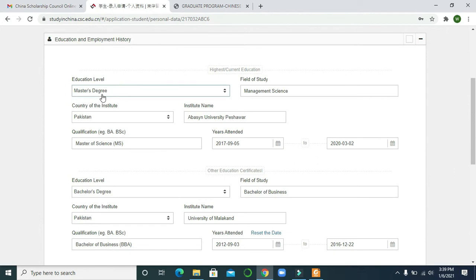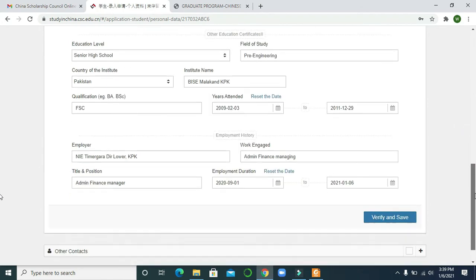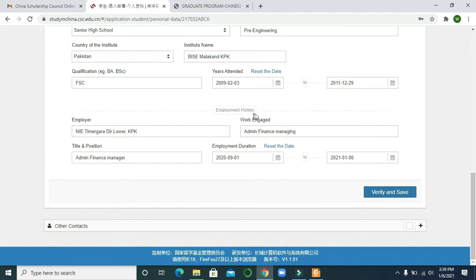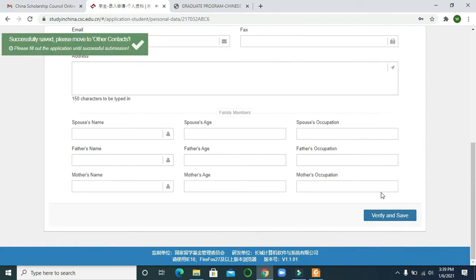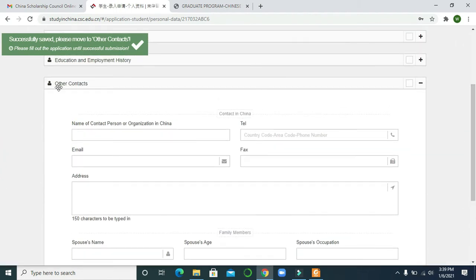As you can see, master's degree, then bachelor's degree, and all the information, and then other education, like senior high school. After that you can write your employment history, and then click verify and save. Okay, it's verified.